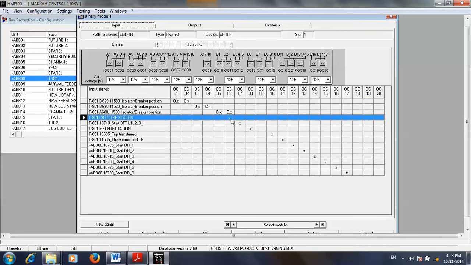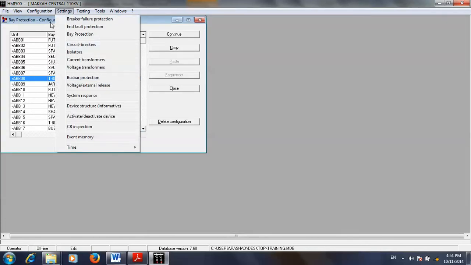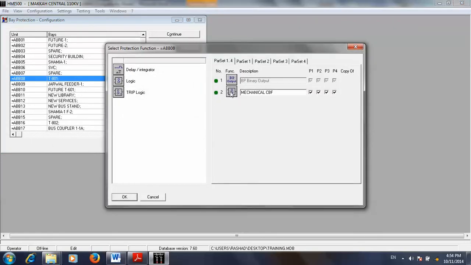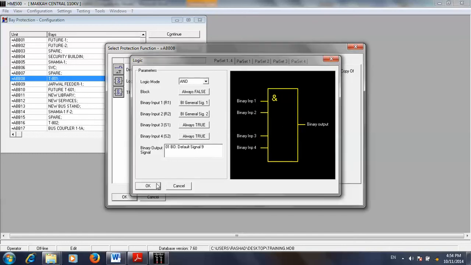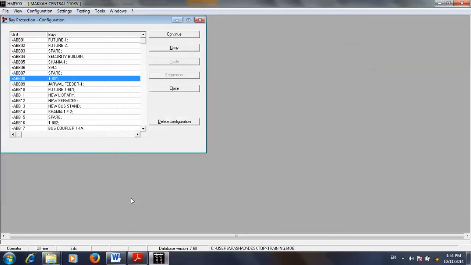So I have now the breaker status, close status, and the start and the mechanical initiation. So if this binary input and this binary input together on the AND gate, apply, then OK. Bay protection. So now if this binary input and this binary input came on the AND gate, and this one is also true and this one is true, the output of this AND gate will make external start BFB. Means this one's for the mechanical initiation internally, and